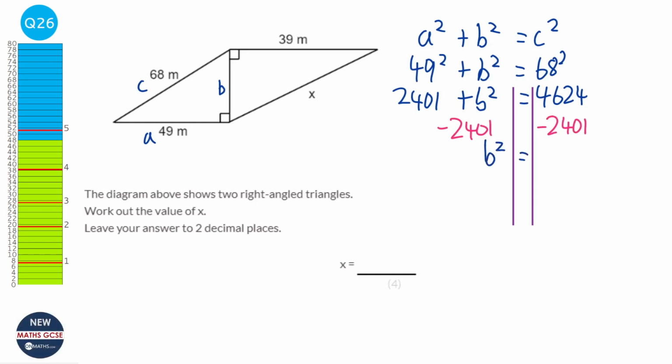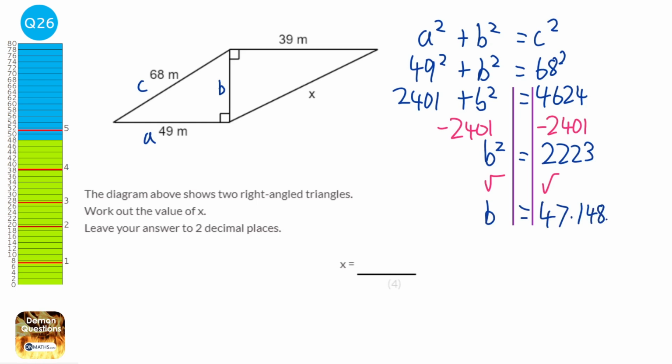So we've got b squared equals 2,223. Then we're going to square root both sides, and we've got b equal to 47.148... Okay, we're now looking at the second diagram, and this time we're going to have A,